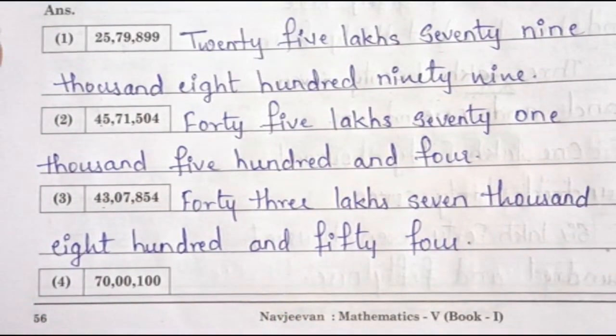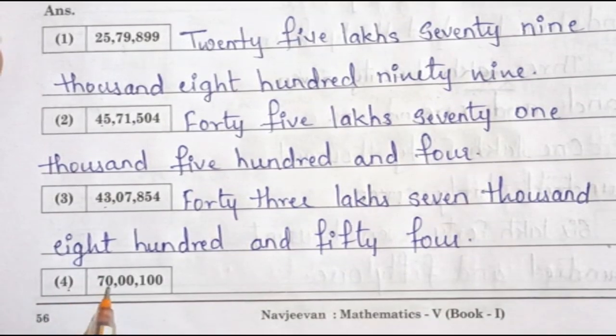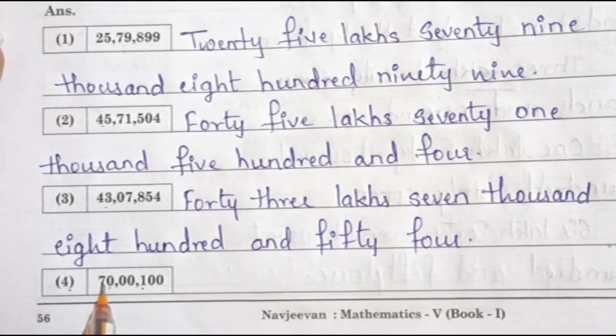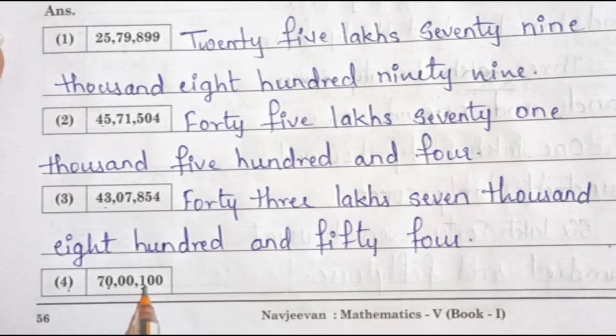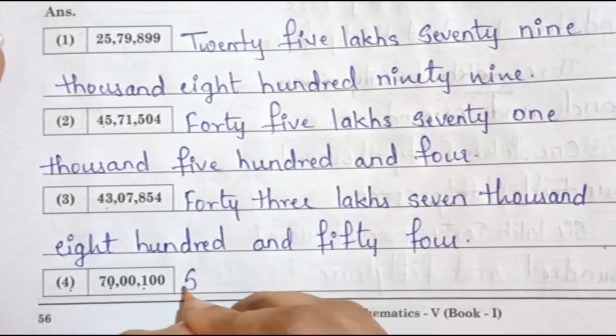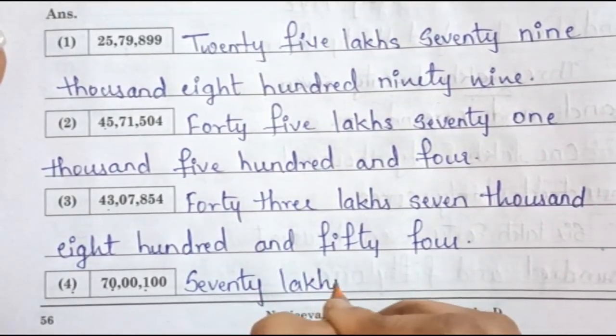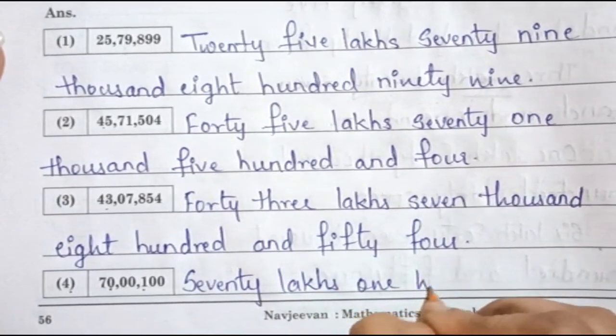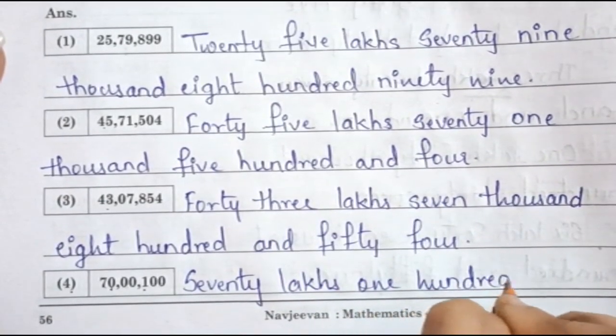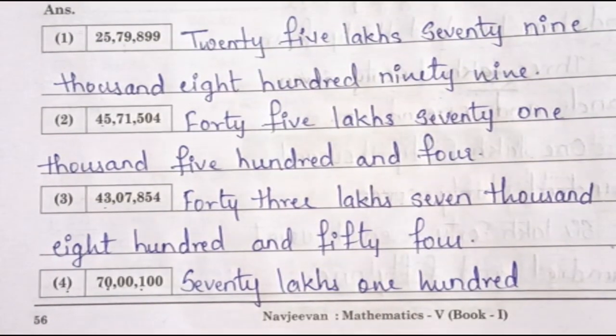854. Okay. Fourth one is 70 lakhs and 100. Now here 70 because 7 is in the lakhs place and 0. So we'll count this number together: 70. Thousands place and 10,000 place there is 0, so we will not read that. Again hundreds place it is 1, so we'll read it as 100, and this 2 again a 0. So we'll write it as 70 lakhs 100. Only this much will read the number, that is 70 lakhs and 100.